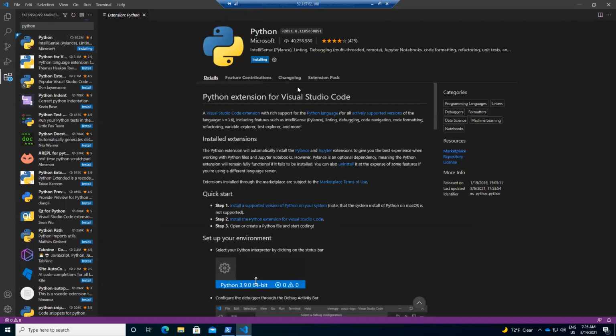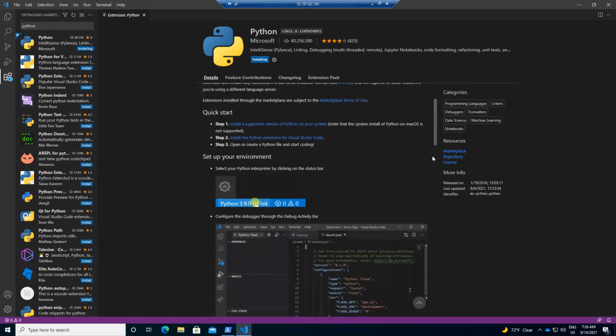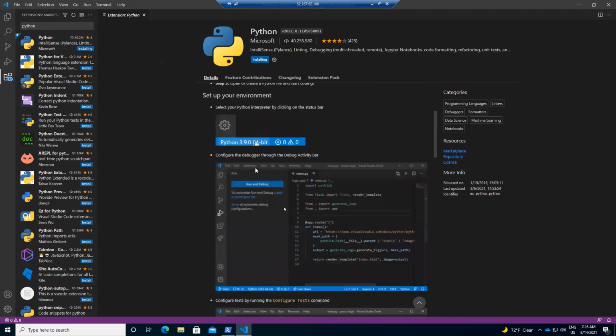It's installing. And it will show you the quick start guides also down, what we need to do and all. If you have multiple Python interpreters, you can select from the settings window. That's what it is telling.